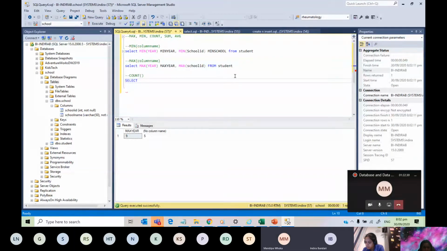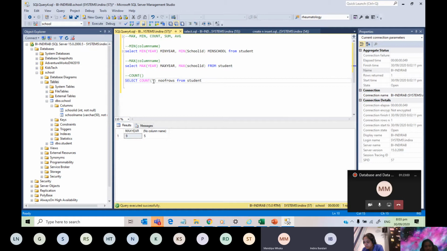So what we can do here is use count of star, because we are counting all the records. And then say this is the row count, number of rows. From student.